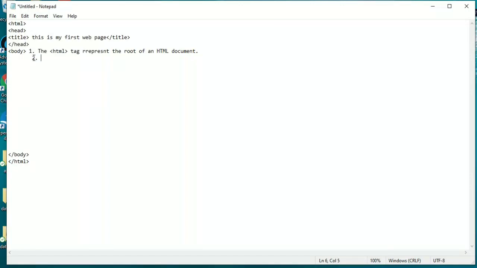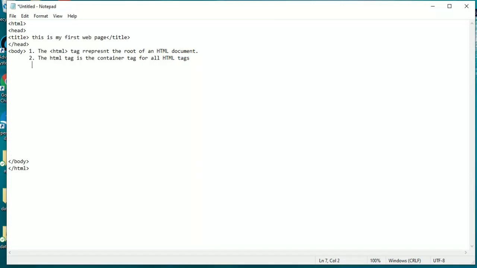Now we write the second line, and in the second line we write something about HTML again: the HTML tag is the container tag for all other HTML tags.